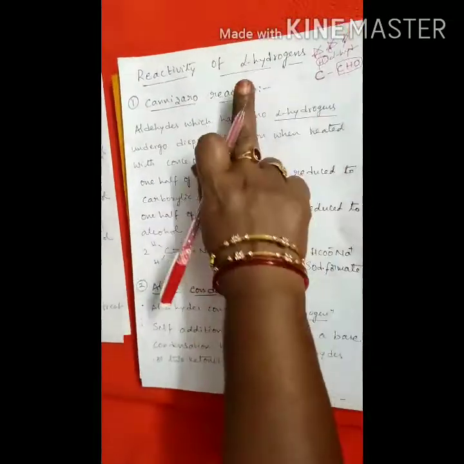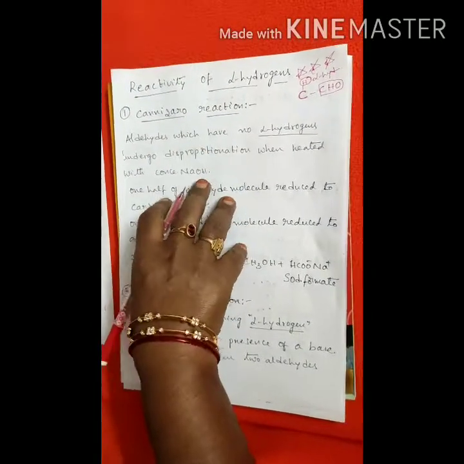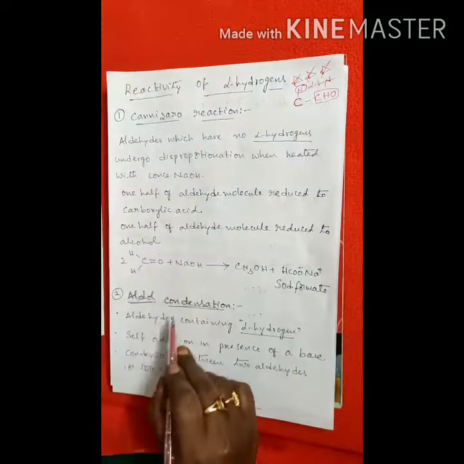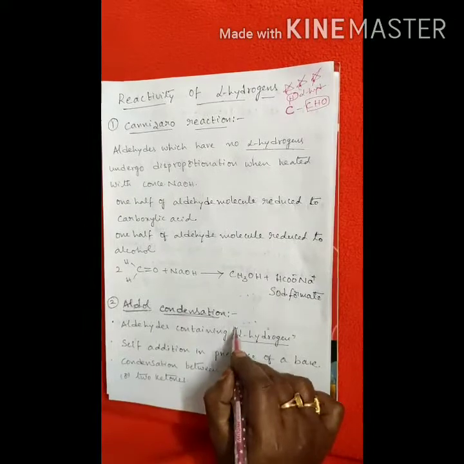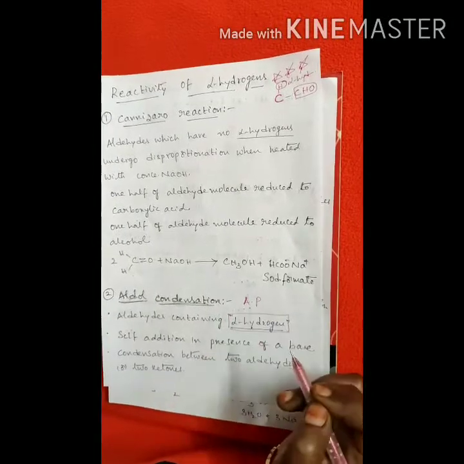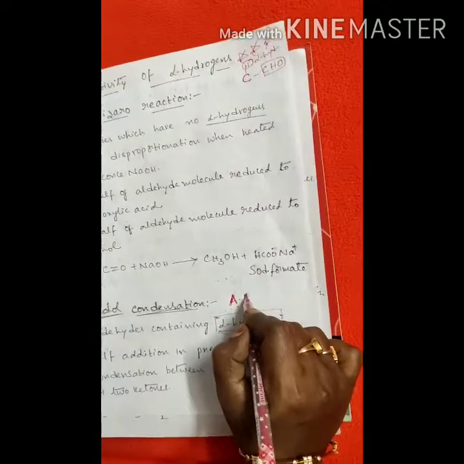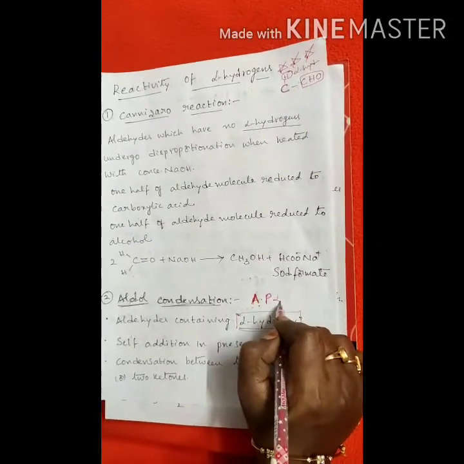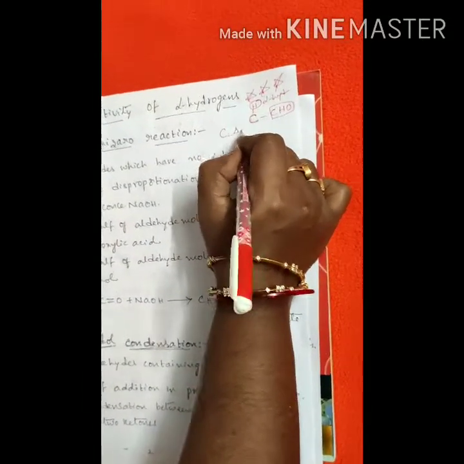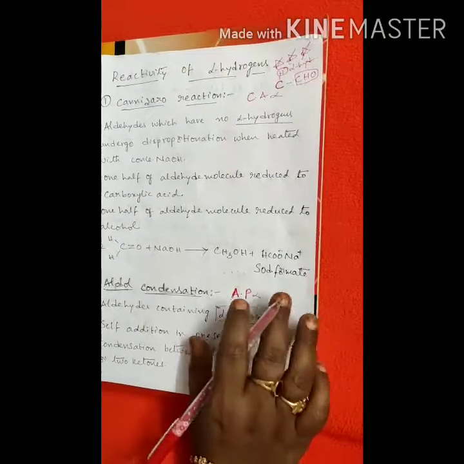So here, reactivity of alpha hydrogen. The Cannizzaro reaction explains the case when alpha hydrogens are absent, that means there are no alpha hydrogens. But aldol condensation involves compounds containing alpha hydrogen. You can easily remember the equation, there is no confusion at all. A for aldol, P for presence of alpha hydrogen, AP. Aldol condensation means presence of alpha. This is CA: Cannizzaro reaction, absence of alpha hydrogen. That's all. You can remember it in that way also.